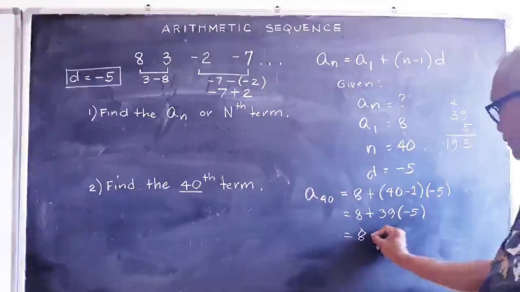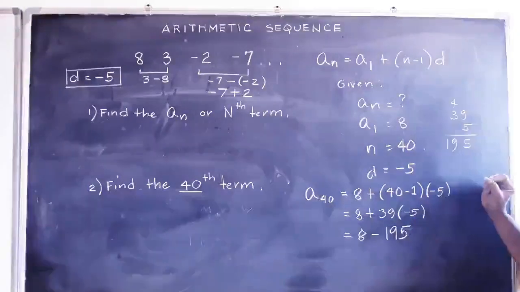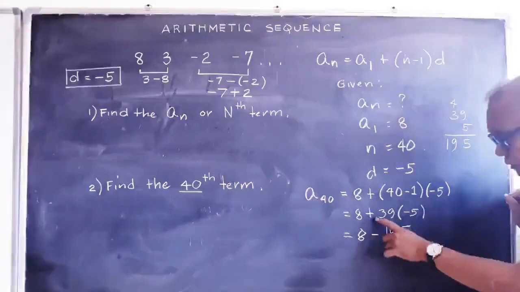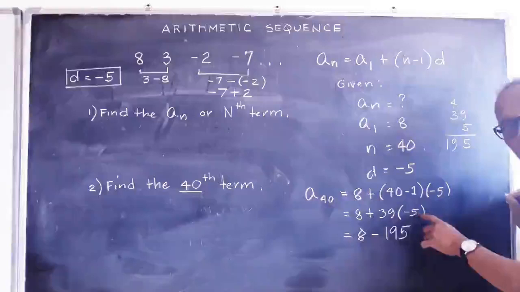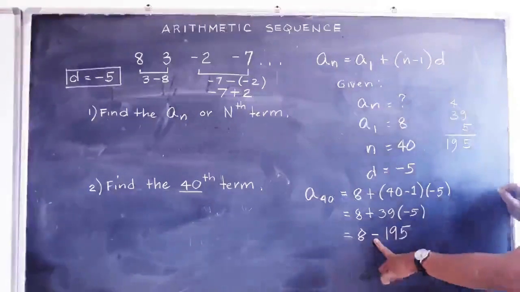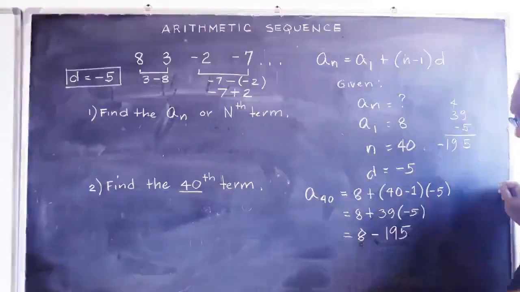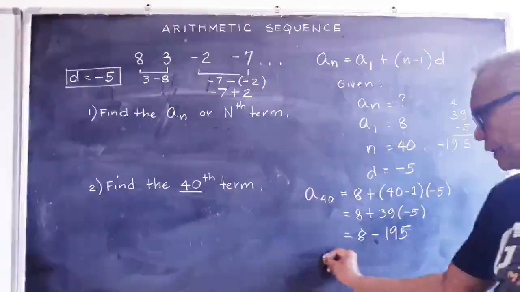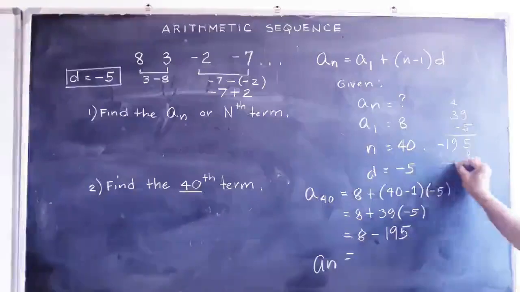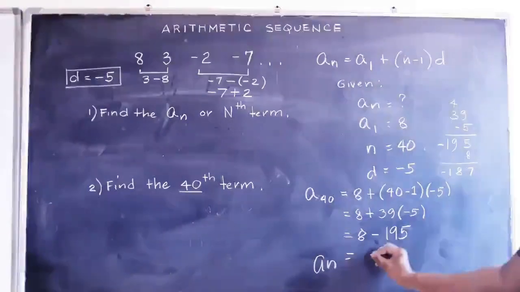And then you have minus 195. Why minus? Because if you multiply positive 39 and negative 5, it will give us a negative sign. Actually, this one is negative 195 because it's negative 5. Then we subtract. A_N is now equal to, we subtract 8 here. So 7, we have negative